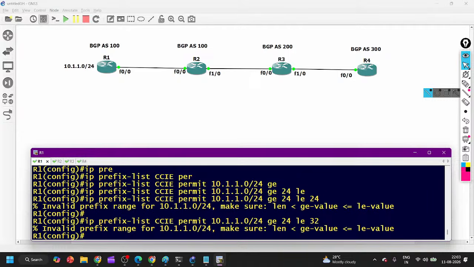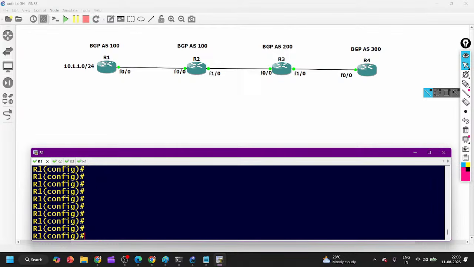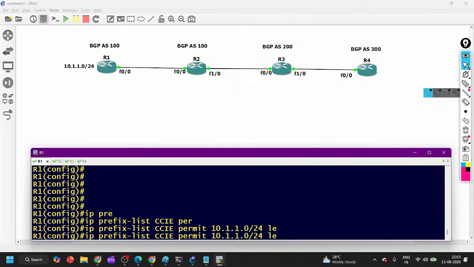Whatever, invalid range, okay, sorry, 24 here. IP prefix list CCIE permit 10.1.1.0/24 and less than or equal to 32. Done like this. Or you can create an ACL also, just to match the prefix, either prefix list or